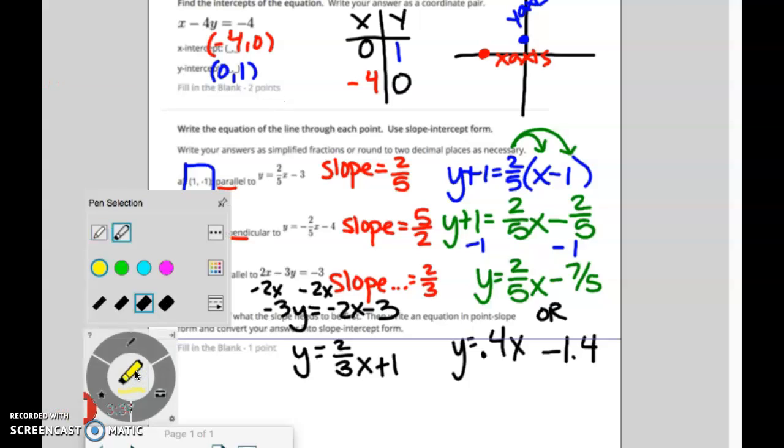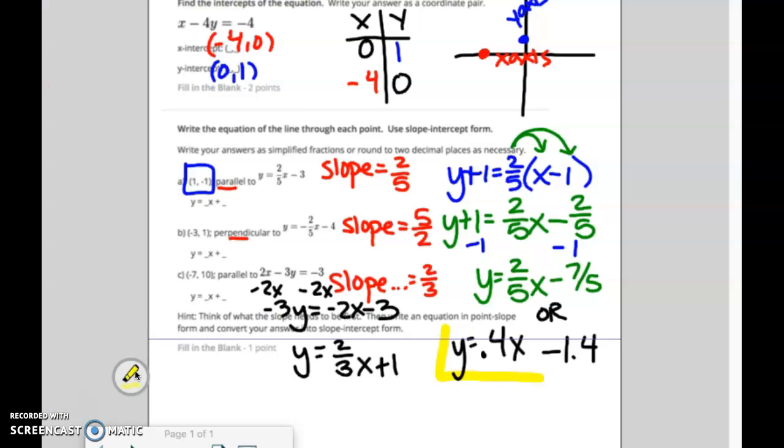So you're going to get some fractions or weird decimal answers for pretty much all of these. Don't be afraid of fractions or decimals. It's fine. Both of them will be counted